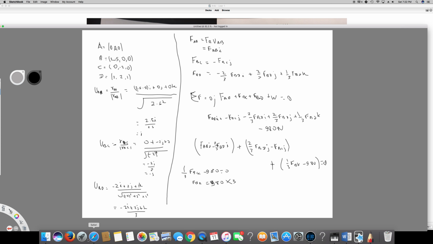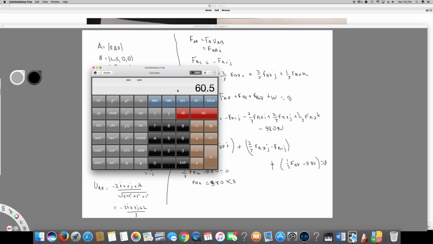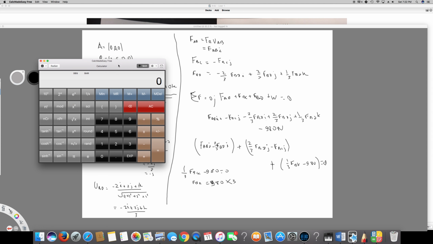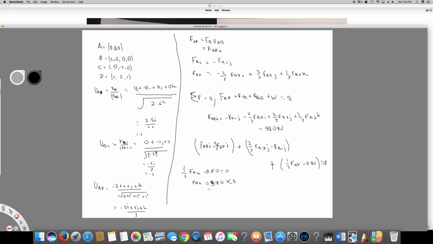So if I multiply, I have to use the calculator right now. Let's see what number we are getting. 980 times 3, which is 2940. So I got the FBK, and it's positive, and the unit is Newton. FBK is 2940 Newton, and from this I can find the FBD and FBC, because let's say in which equation